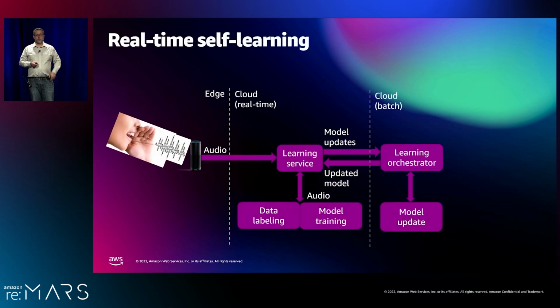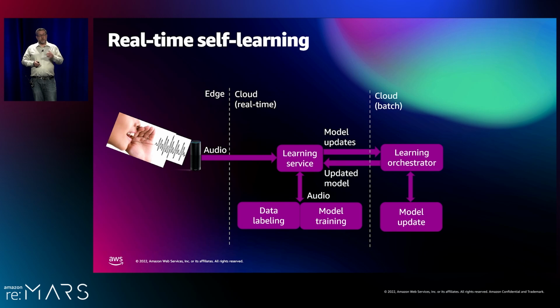If you compare that to the system that we're describing here, you can see that in this case, the audio still comes into the cloud, but it gets intercepted by this real-time learning service. The real-time learning service will automatically label the data using the self-learning techniques that I described. And it will do a portion of the model training. So it computes what we call the model update. The model update is essentially how we should change the model to improve it. Once it has the model update, it no longer needs the audio, so we can discard it. So we don't have that centralized repository of audio anymore.